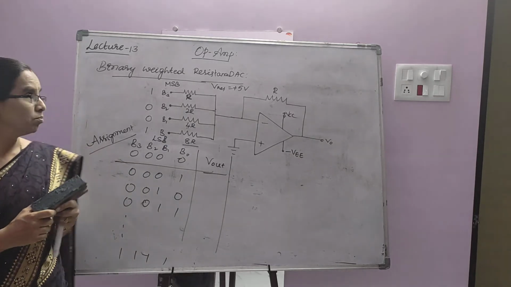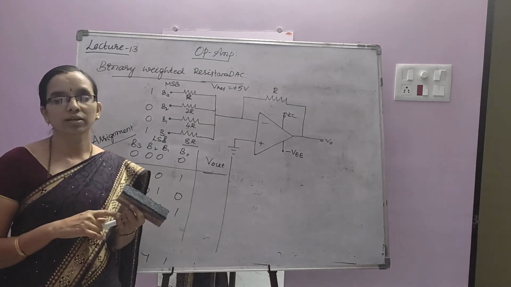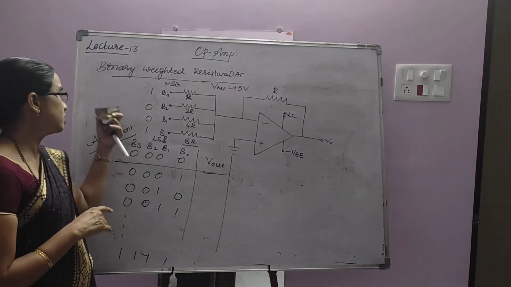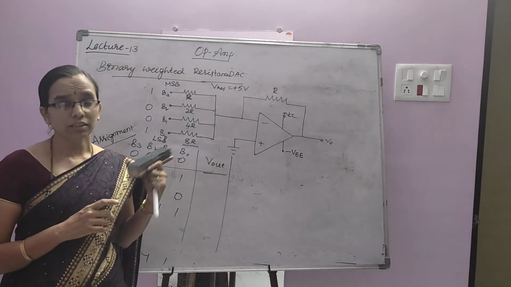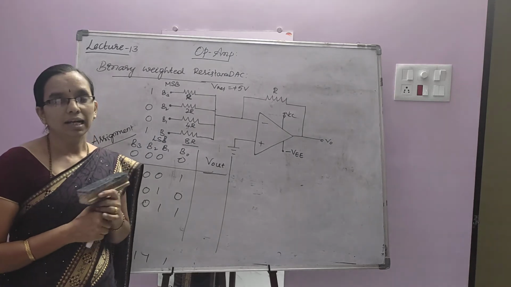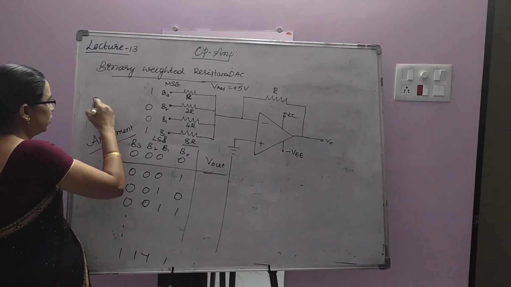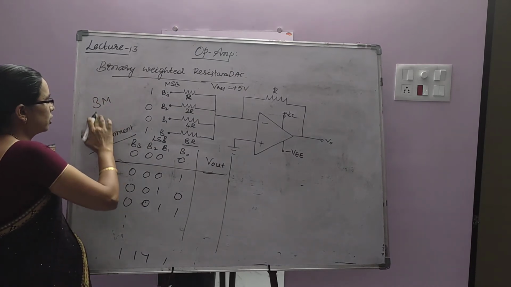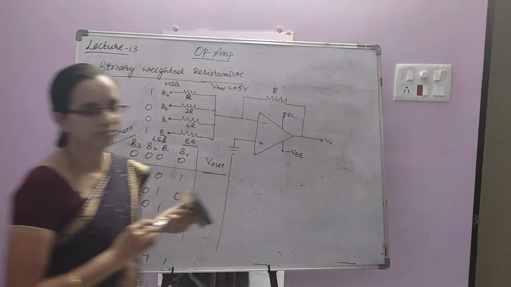Okay. This completes the DAC. We have studied two types of DAC. One is R-2R ladder network DAC and one more is binary weighted resistance DAC. Maximum, you will be asked to write the circuit diagram and also a little bit of explanation only for 3 mark questions. It will be asked for 3 marks. If they ask for circuit only, then it will be a 2 marks question. Okay.